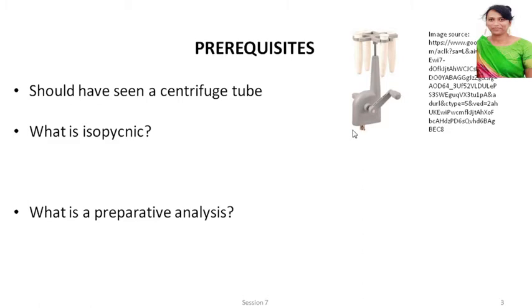So this is a non-automatic, that is manual, centrifuge, which is present in most of the colleges. You're going to rotate it here and there will be a centrifugal motion and there will be force, and hence when you place the tube here you will have separation. This is a centrifuge machine. You will have either a glass or a plastic tube which will fit into this so that it will not spill, and that is called a centrifuge tube.